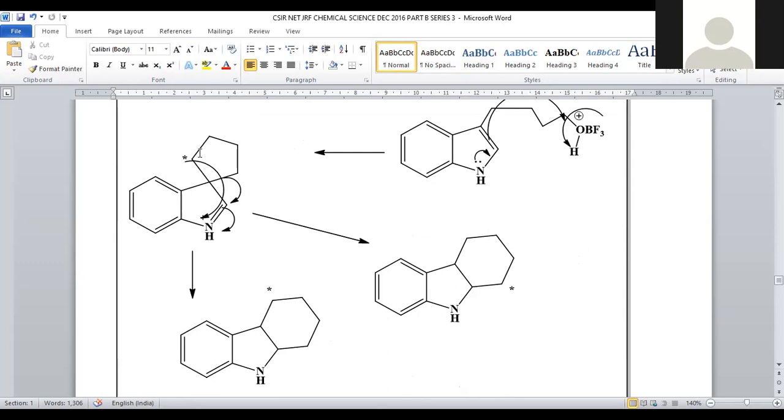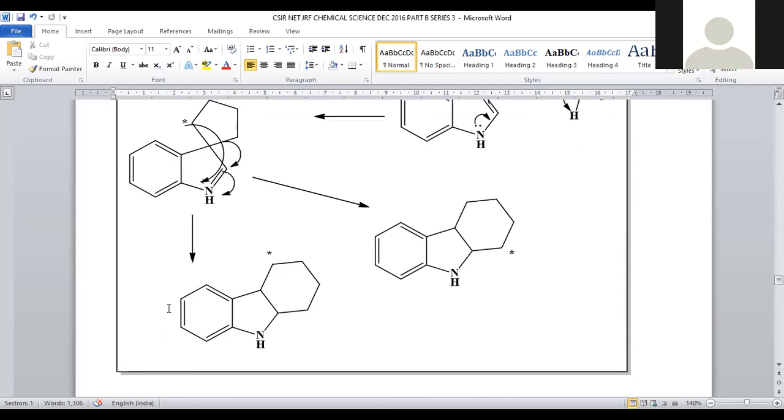There are two probabilities. The newly generated 5-membered ring is either cleaved between these two carbons, or between the labeled carbon and this carbon. If we cleave this carbon bond, there is the origination of a 6-membered ring, a compound where the 6-membered ring is originated with the labeled carbon at this position. Let us consider this one ring, the benzene ring, this an indole type of ring, and here the 6-membered ring is there where you can find 1, 2, 3, 4. At the fourth position, we have the asterisk mark, right?